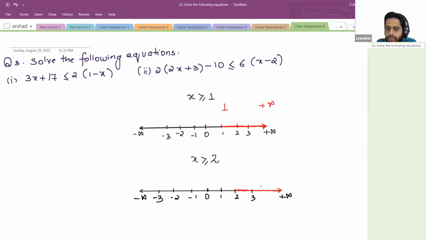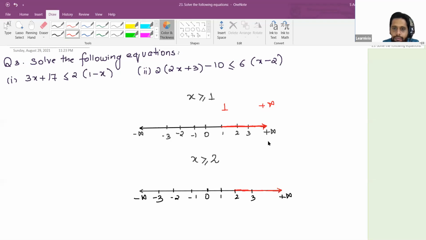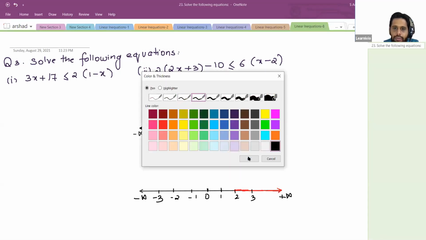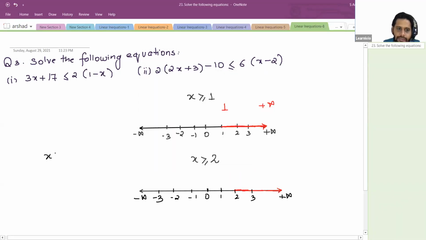After 2, it means you don't want to include 2. Yeah, like x is greater than or equal to 2. Very good. That's a good question. So now suppose we have x is greater than 2, then what we will do,